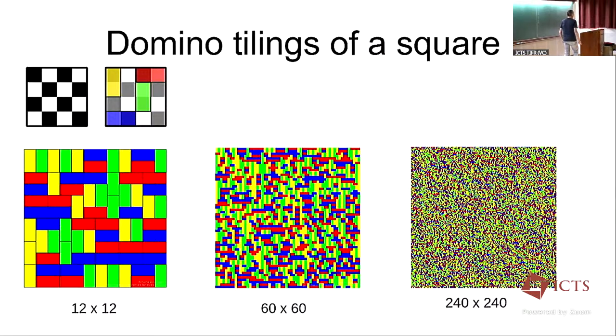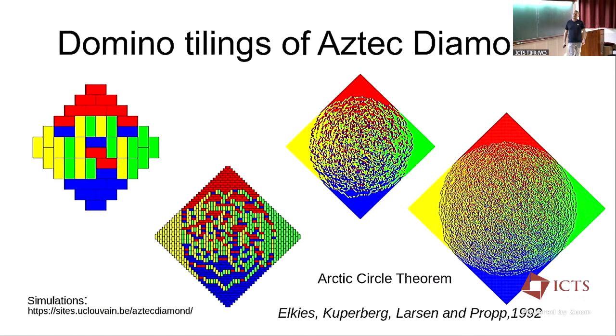However, let us now change the shape of the board we want to cover and take it in the form of the so-called Aztec diamond. It's pretty obvious what I've done: I just removed the corners. In this case, by producing another typical configuration, I start to see something very interesting, namely the limit shape. Here it's not very clear, but already one can see that the red dominoes go mostly to the top, blue to the bottom, yellow to the left, green to the right.